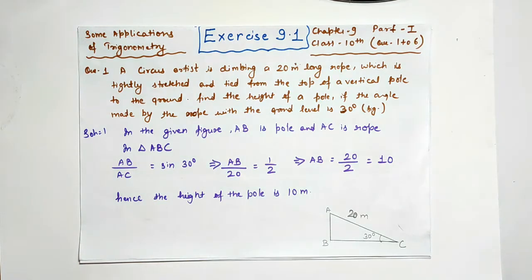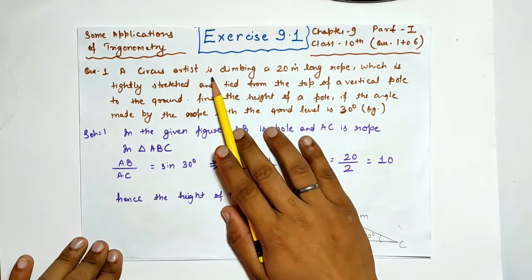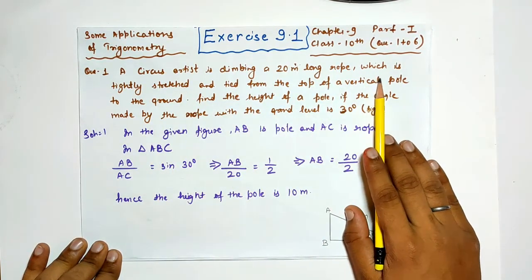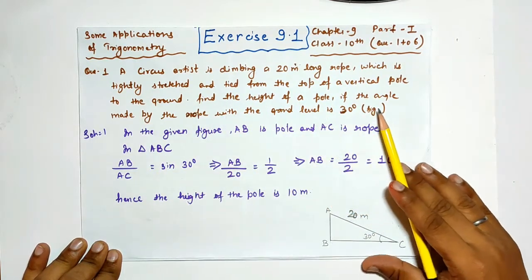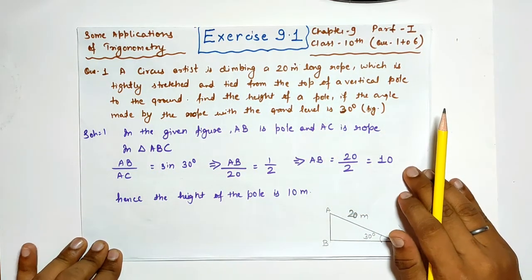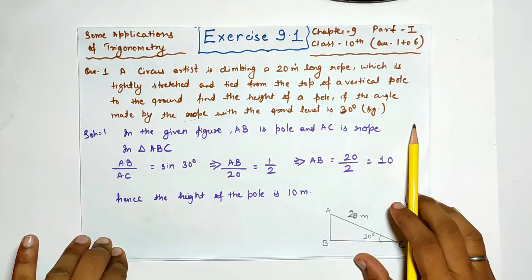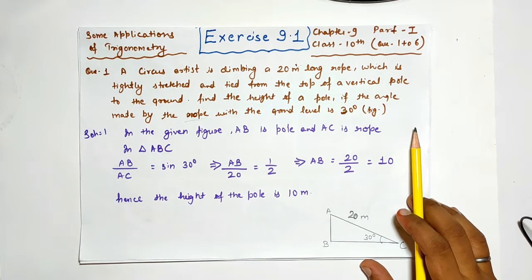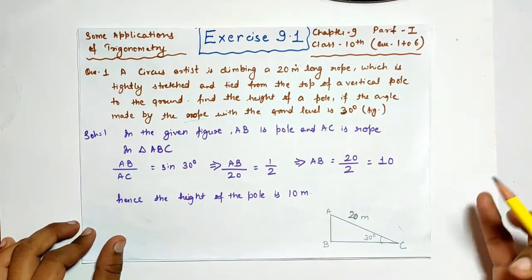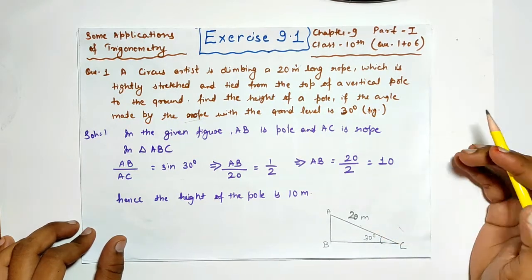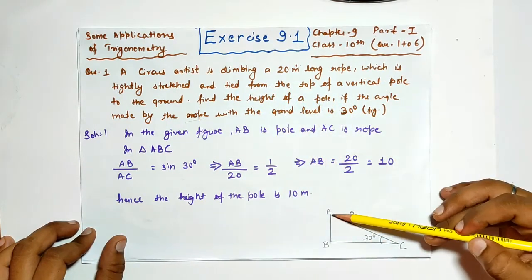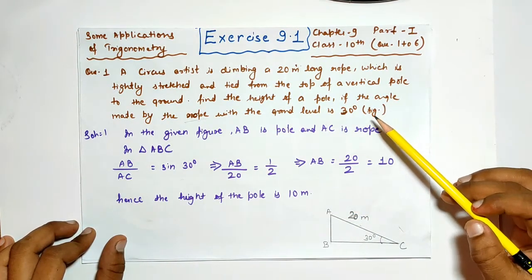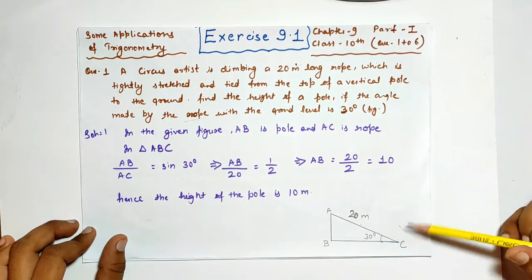So in question number 1 there is written, a circus artist is climbing a 20-meter long rope which is tightly stretched and tied from the top of the vertical pole to the ground. Find the height of the pole if the angle made by the rope with the ground level is 30 degree. So now you have to see the figure. We have to find the